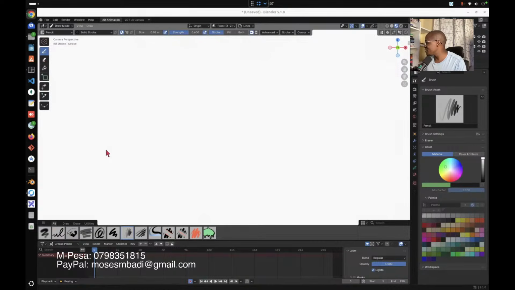So I've shared the link for Blender if you want to go ahead and download it. However, I have to warn you that it's a little bit heavy. It's a very heavy software. So if your laptop does not have enough RAM, CPU, you might struggle a little bit, but that's just a precaution to have in mind. So why Blender? Why are we talking about 2D and 3D animations?